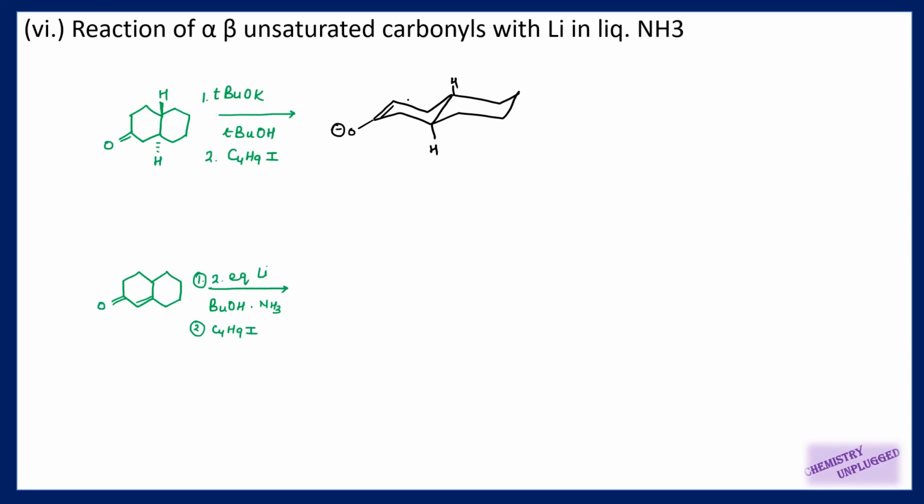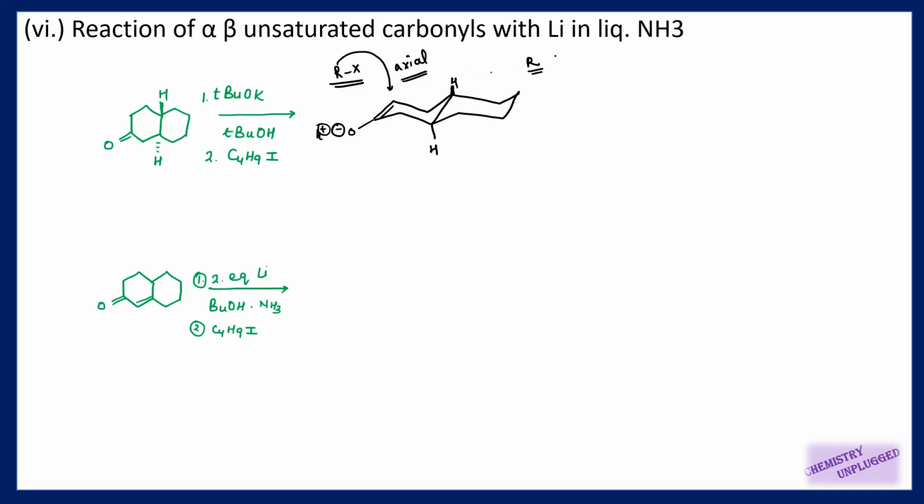This structure is not like this. This bond is a little bit straight, but you can understand in this way that you will get this type of enolate here. Then I am using an alkyl halide. So if you remember, I have told you in the Clayden book that when you have hydrogen at this carbon, you have only a proton, then the attacking side of your alkyl group is only axial. It will attack only axially, right?